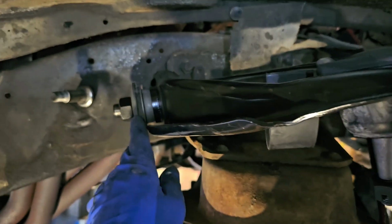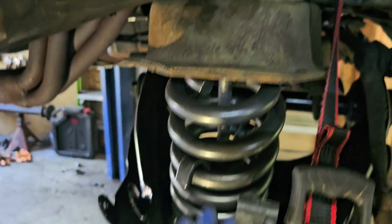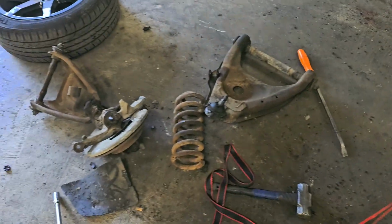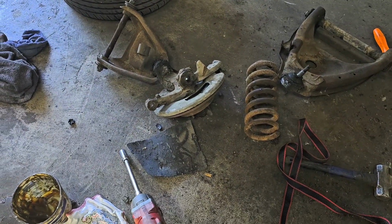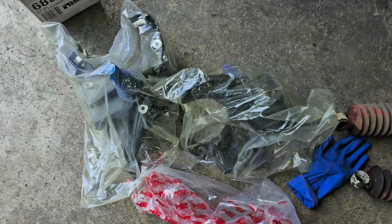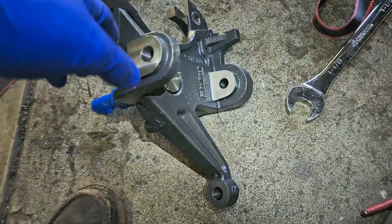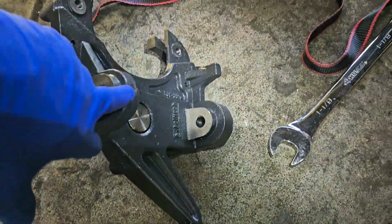Go through and torque everything. We got our upper one set up. We're going to loosen that one and that one to make this drop and work with us a little easier on putting the spindle on. The old spindles, we are going to rob the bearings of those, and we've got our new spindles right here. Alright, now that we're reassembling the whole thing, this is the right hand spindle, same